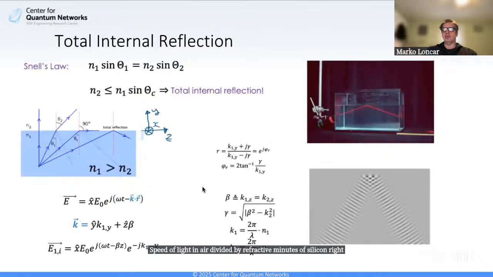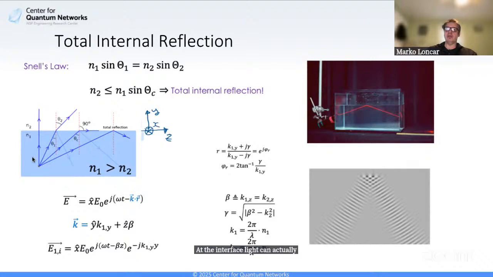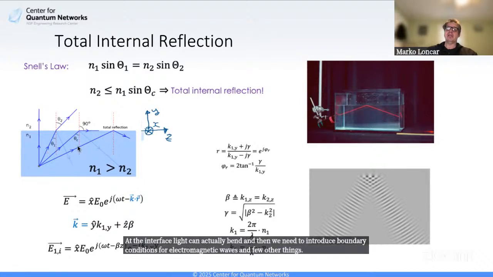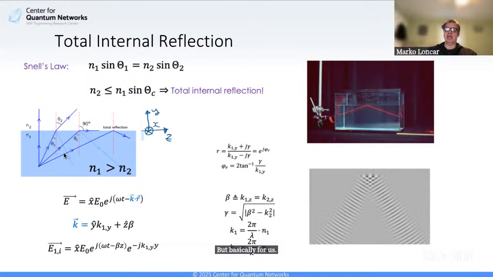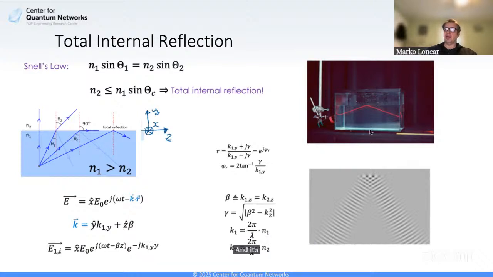So now this is all fine and dandy once a wave propagates in free space. Once you actually start introducing interfaces, even if you just have two half spaces, at the interface light can bend, and then we need to introduce boundary conditions for electromagnetic waves and a few other things. But basically for us, mainly it's going to be important that if light is trying to leave a medium with high refractive index, let's say water, and it's trying to get into air, like shown here,